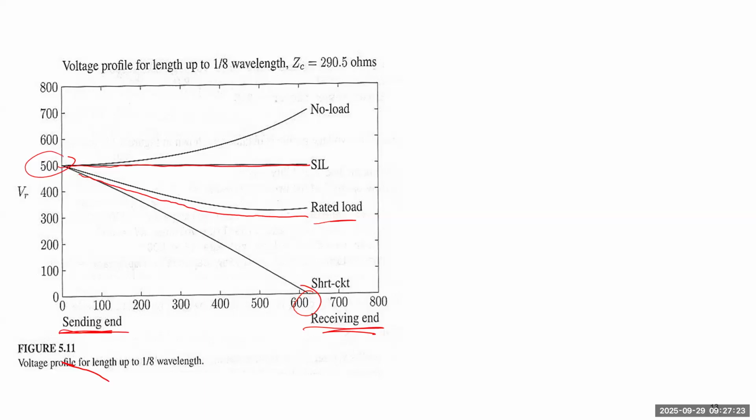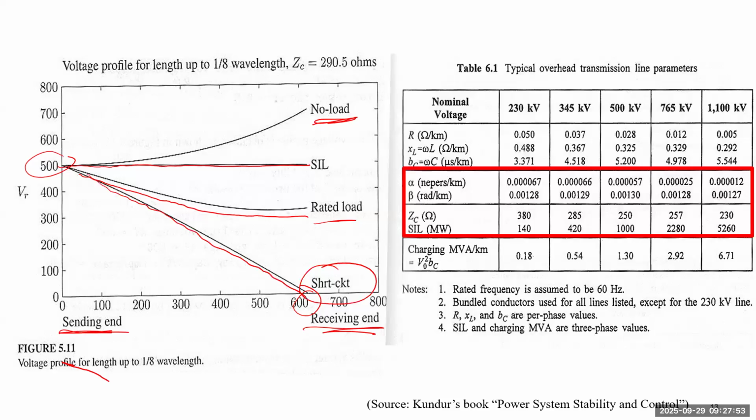If you open the circuit, the receiving end will have a higher voltage, which can become much higher than the source voltage. And when you have a short circuit, the voltage decreases roughly linearly to 0. At the point of the short circuit, the voltage becomes 0, the ground potential. Okay, so that's what happened. Another table which is useful